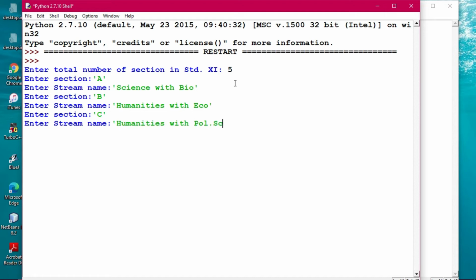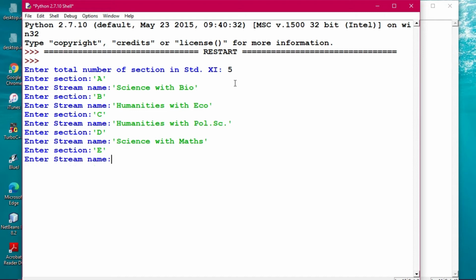Okay, all C. All right. Next is D. Then science with maths. Okay, clear. Enter E. Then I'm giving out here commerce with accountancy.